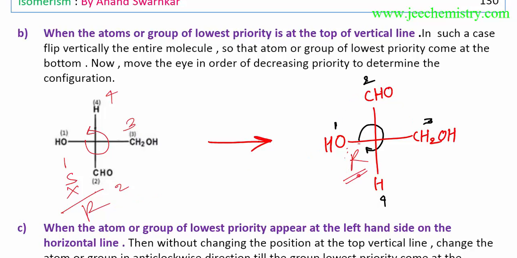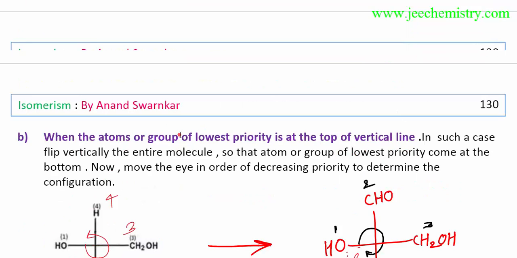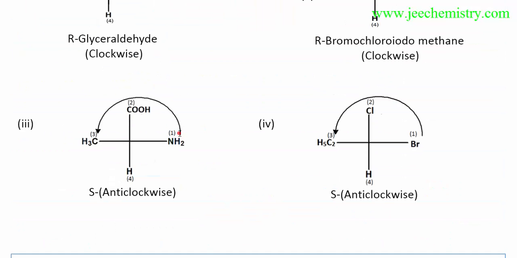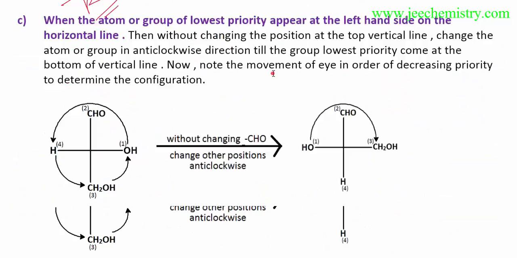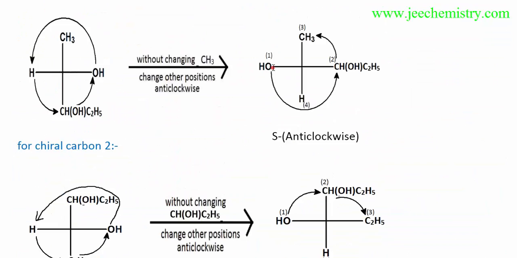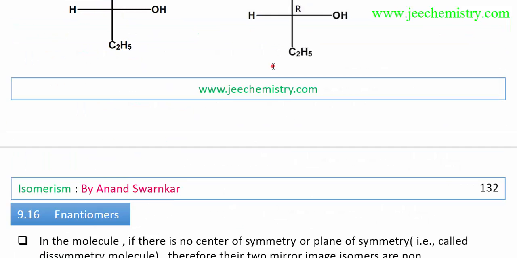This is a clockwise direction. After converting this, we also get R. Without converting, we also get the R answer. In this way, it is a shortcut to answer. Just reverse the answer. With H in the lowest position, we don't need to convert this to another form. Whatever the answer is, that is final. This is S. This is final. 1, 2, 3 will follow this order. This is the S order. In this way we answer by shortcut, and now we will learn about enantiomers.